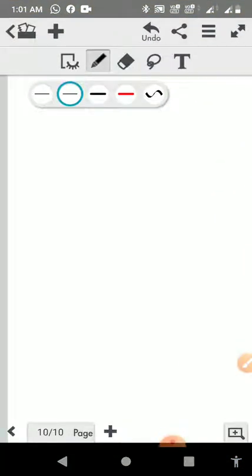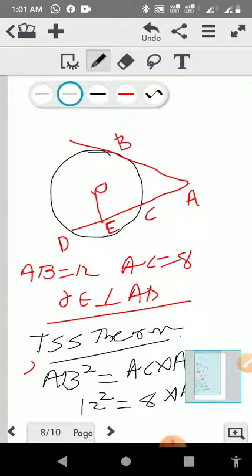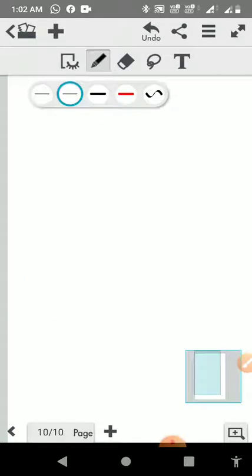If you see the diagram again, what is the relation between DE and DC? Now see, if you remember, the line drawn from the center of the circle divides the chord into two equal parts. That theorem was there in 8th standard, and in this chapter also we have seen. Okay, now I am using this theorem.